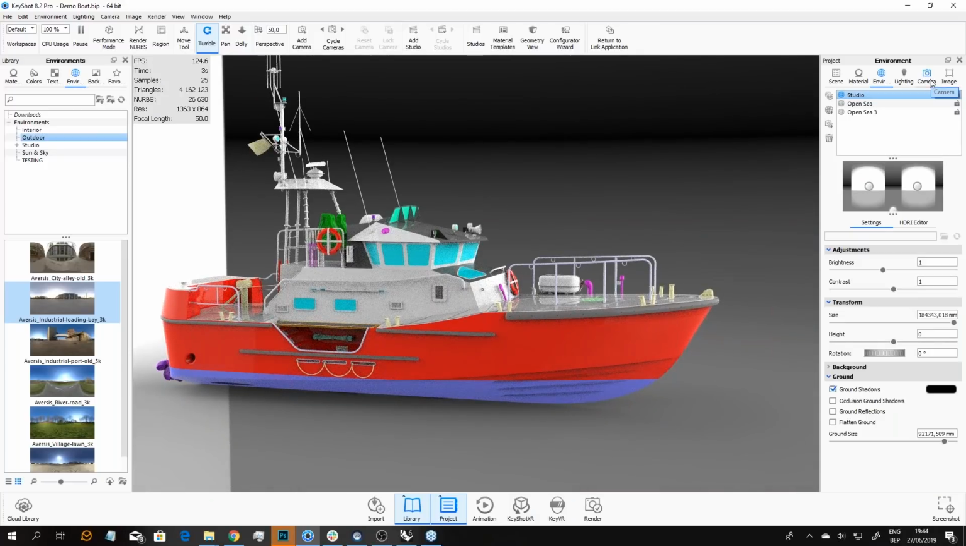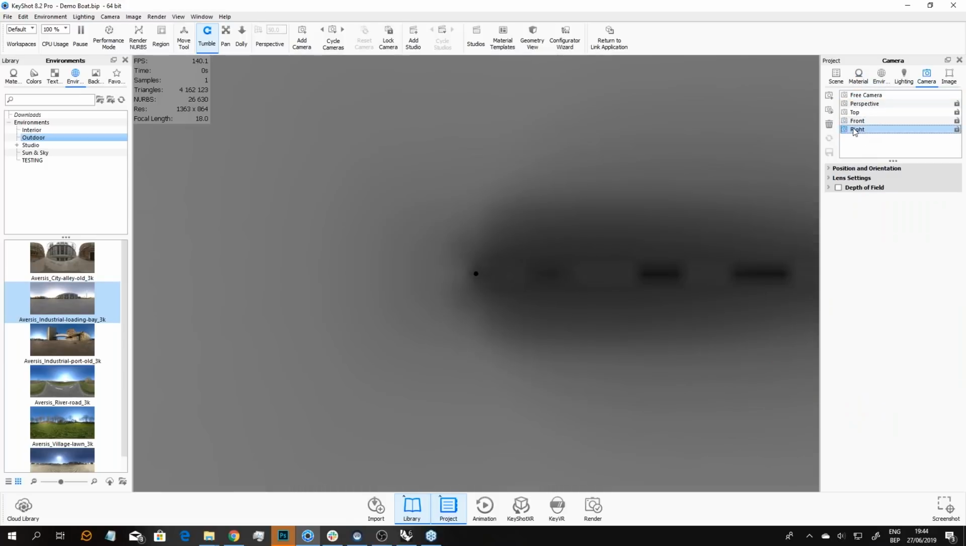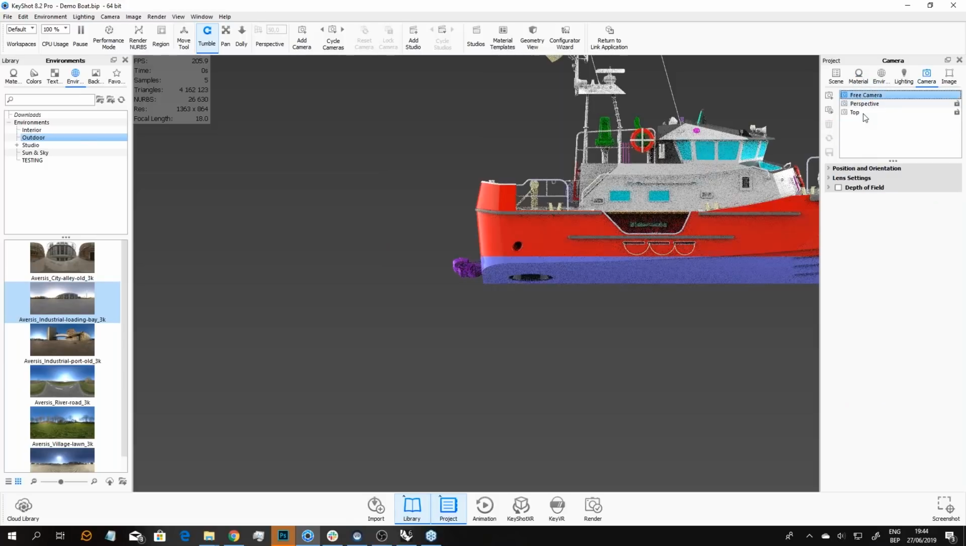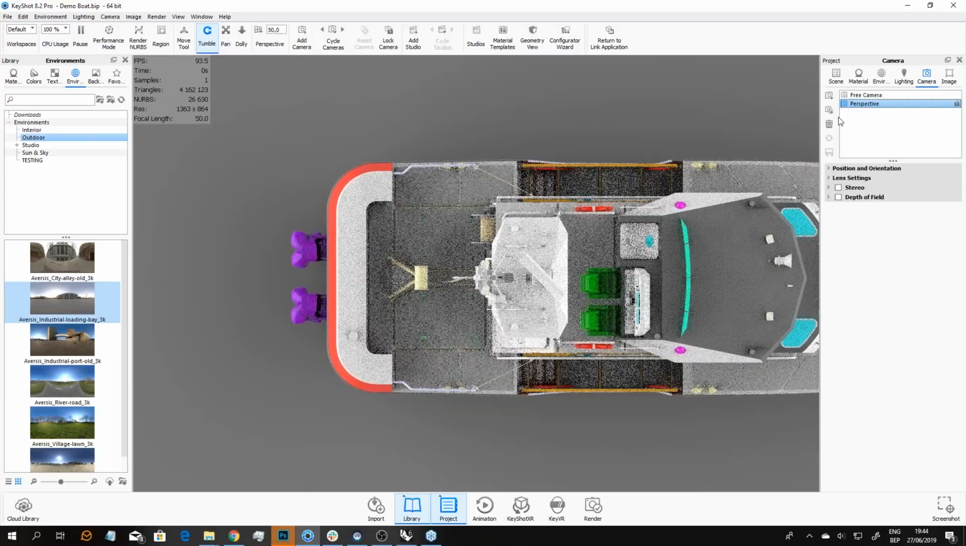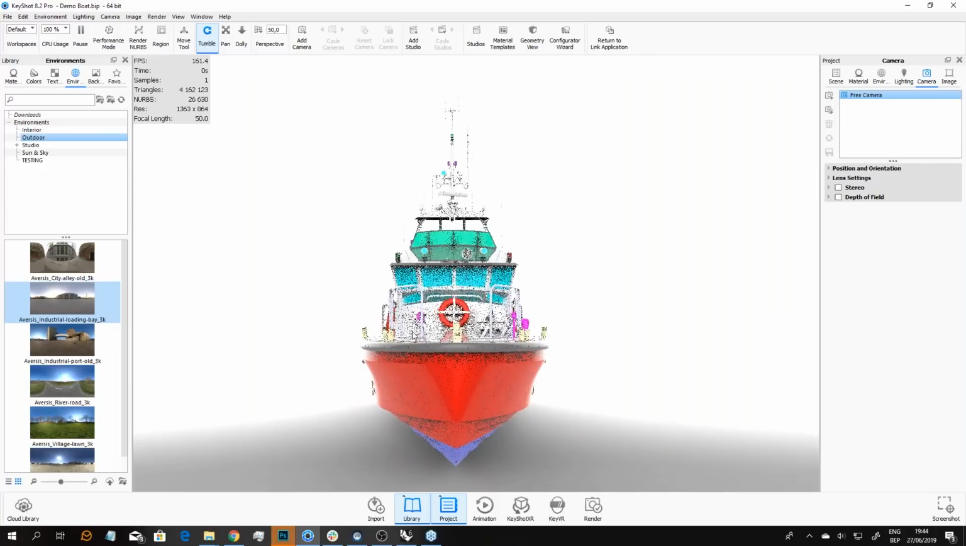So now for the cameras, I can go to my camera. So these cameras were actually imported from Rhino. Let me just throw these out because I want my own cameras. And I'm going to be a bit sloppy about the exact placement,